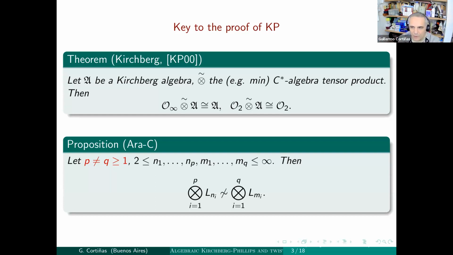And well, the reason for this is really simple. Namely, if you take a P-fold tensor product of Leavitt algebras, you get an algebra whose homological dimension is P. And if you take a Q-fold tensor product, it has homological dimension Q, and if P is not Q, then it cannot be Morita equivalent. Okay, so this first naive approach to the problem doesn't work.